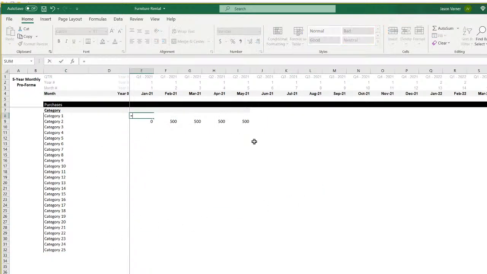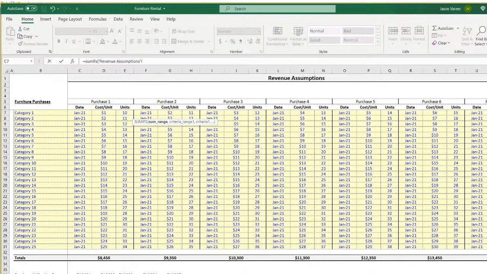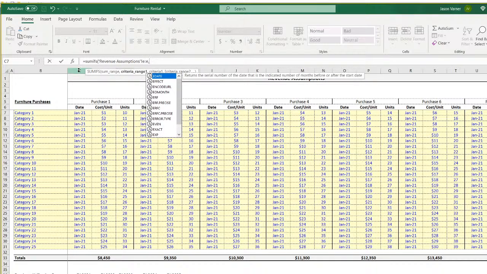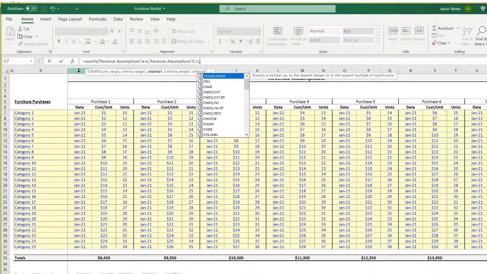Now, the formula. So we need to know the units. Now, I don't know if we want to put this in a detail or in its own matrix tab. Let's see. So if we sum up E, if C matches the date,